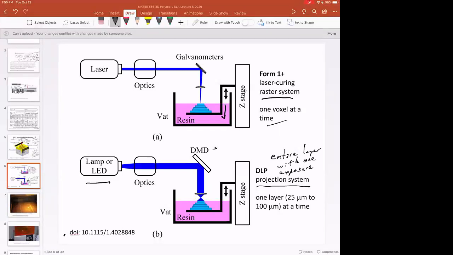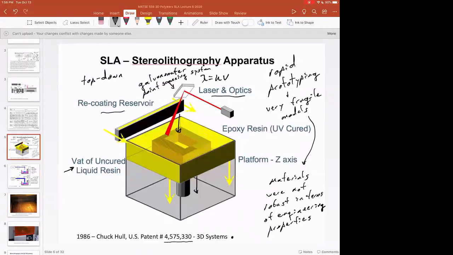This DMD is called a digital mirror device. This is what's in old DLP TVs. It's actually what's in LCD computer projectors right now. And so this DMD is the engine that makes the pattern for whatever sort of shape we want in our